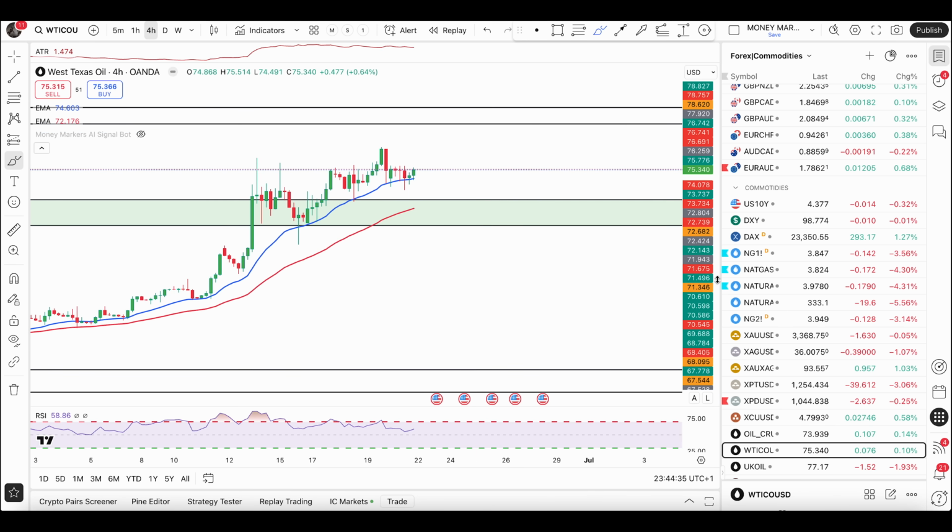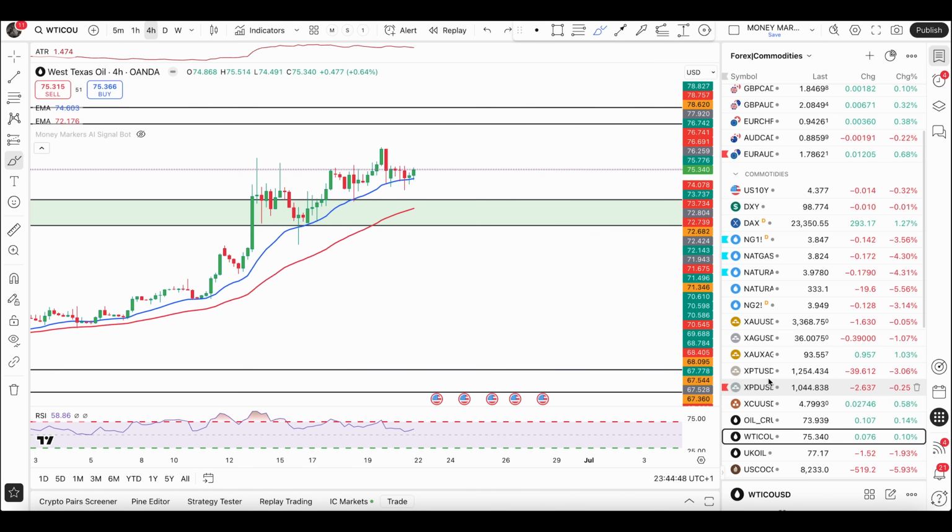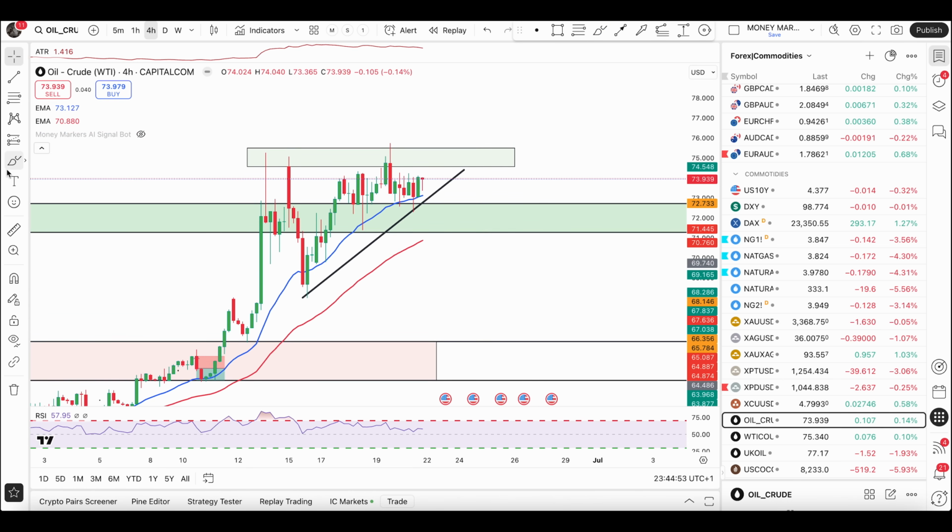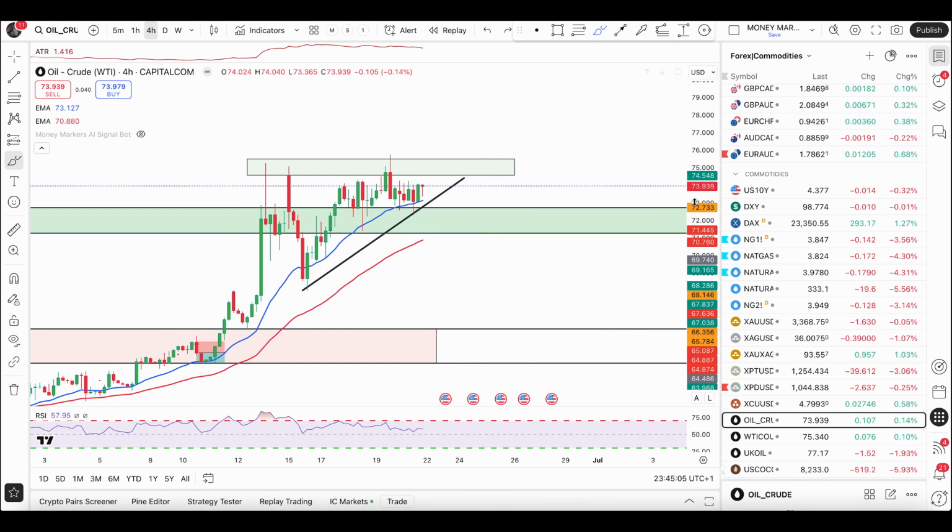Again, breakouts will be very risky. So simply look for a pullback engulfer. If you have a pullback all the way to 50 EMA, price forms a bullish engulfer, that is simply your buy signal. Overall, we are bullish as we are trading above 50 and 20 EMA. Keep an eye on the next candle above 50 EMA. Expecting a pullback at least to 50 EMA, and not buying until we have a good engulfing condition above 50 EMA, or once we have broken above this high, only then I will be looking to buy crude oil